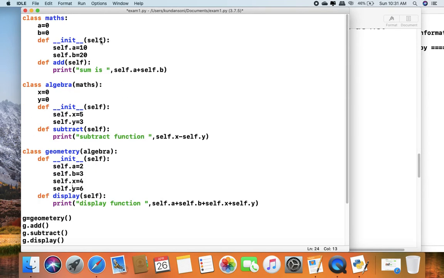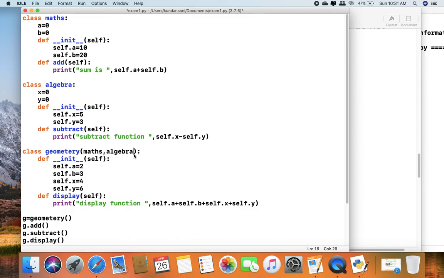So it is our first class, class maths, and the second class, class algebra, which is not related to maths. There are two classes, maths and algebra, and they do not have any relationship between them. Class geometry has a relation with maths, comma, algebra.